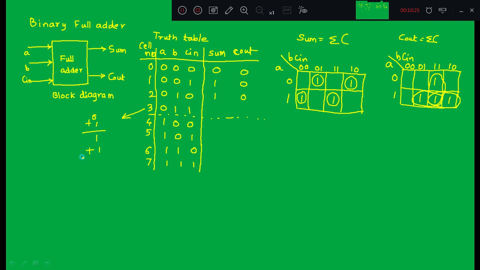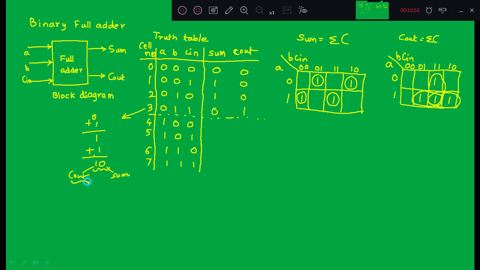Again when you add plus 1, now what happens? 1 plus 1 is 0, it will generate a carry, and the answer will be 1 0. So sum you will get as 0 and carry is generated in this case, which is 1. Why? Because when you add 0 1 1, 0 plus 1 is 1, and 1 plus 1 is 2. So this is your C out and this is sum.